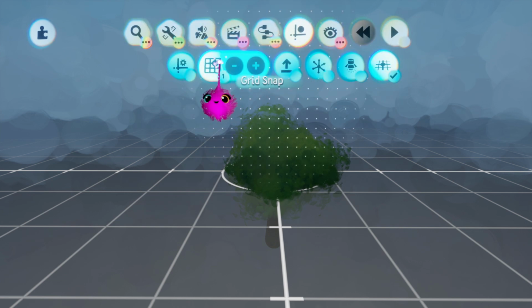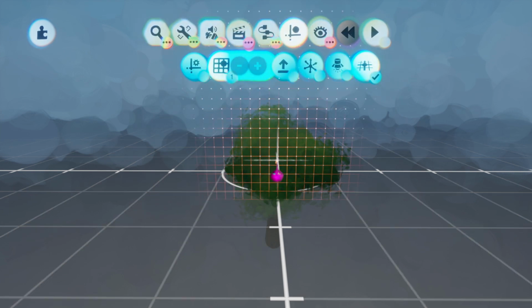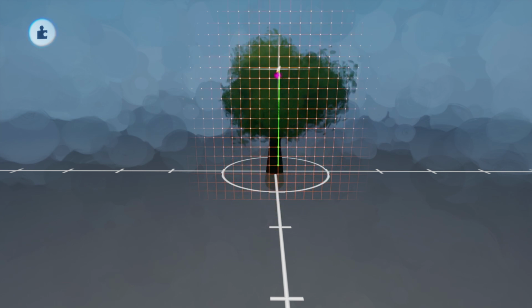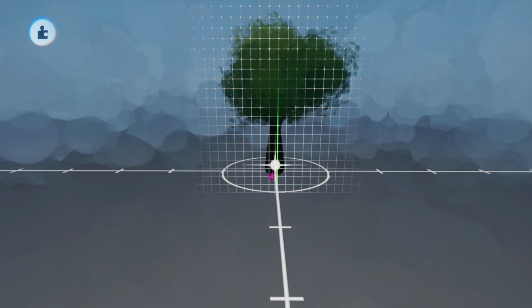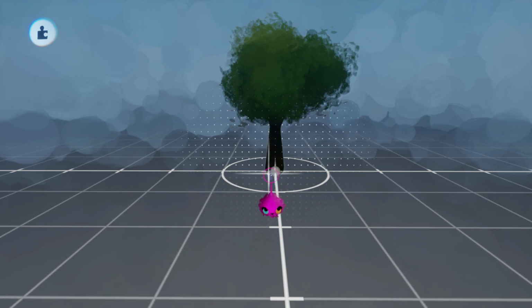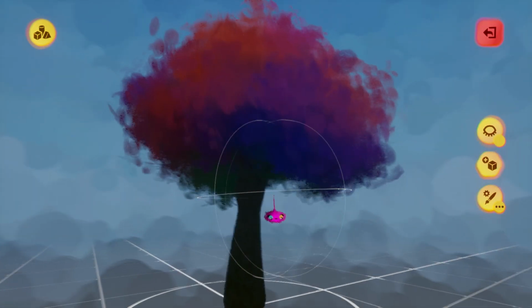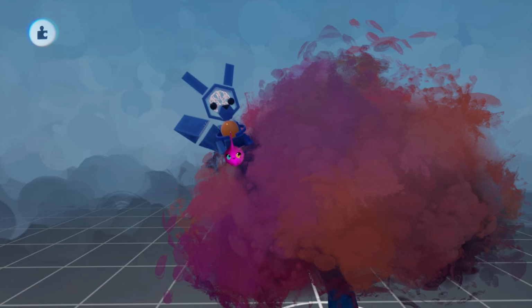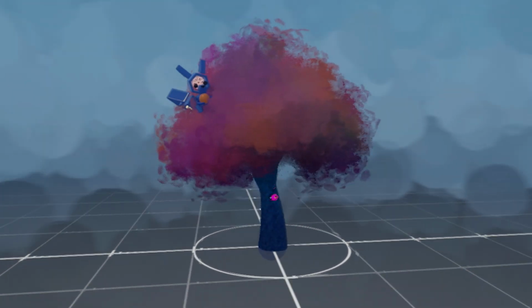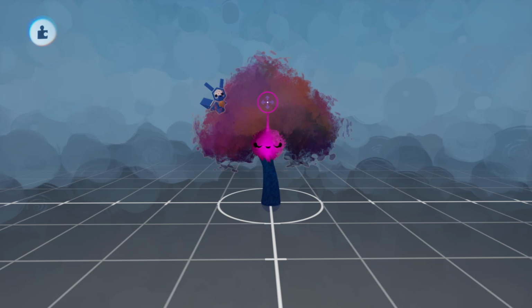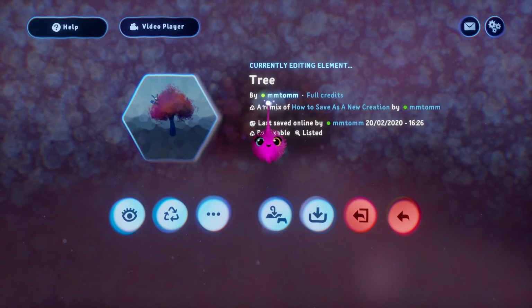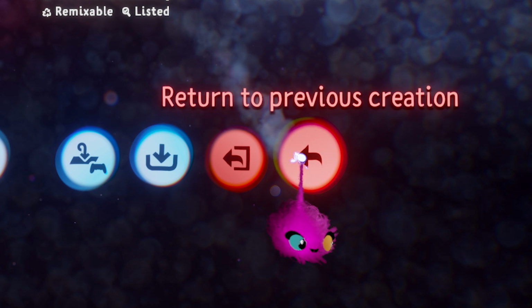With newly exported elements, it's a good idea to check they're aligned to the grid and have a sensible grab point. Watch the video How to Tidy Elements to find out more about this. When editing a source element, you can use the Options menu to quickly return to the previous scene.